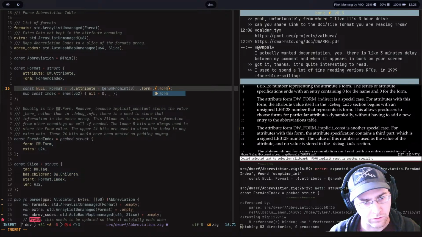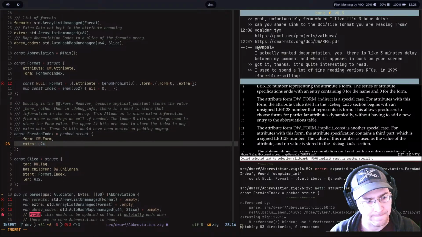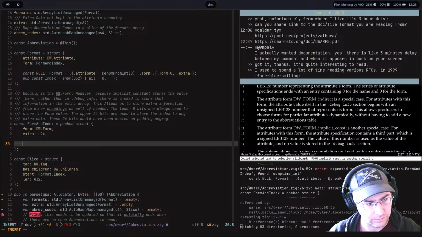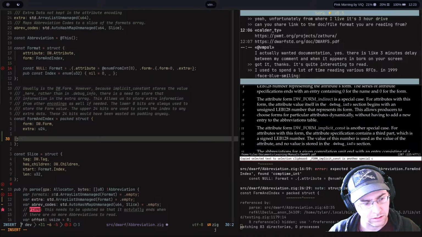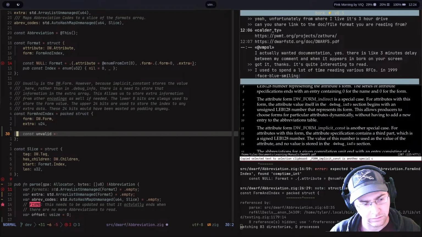C dot form equals 0 dot extra equals extra should be on 6. Const invalid equals